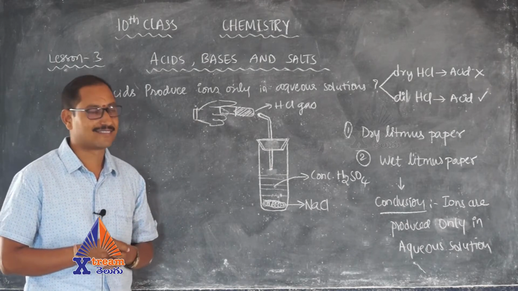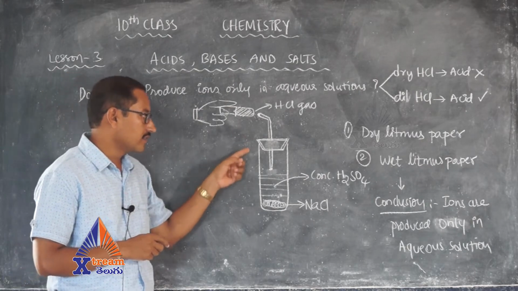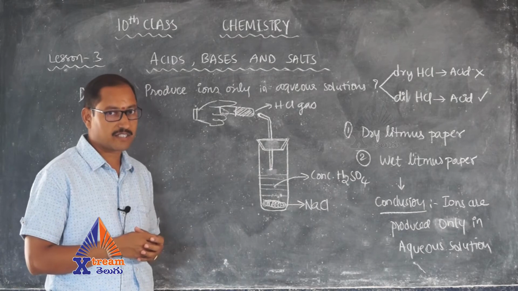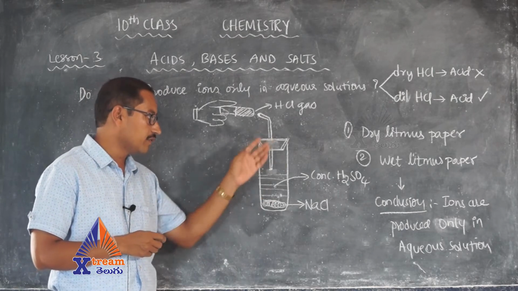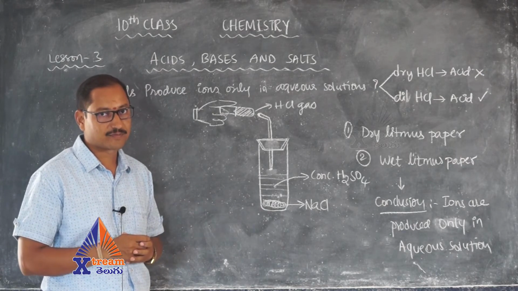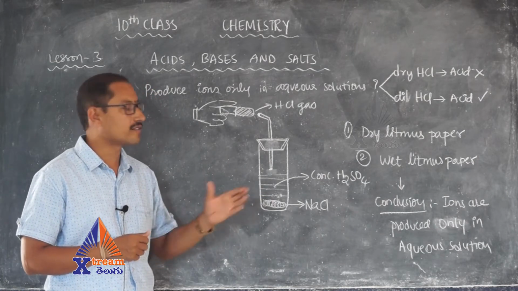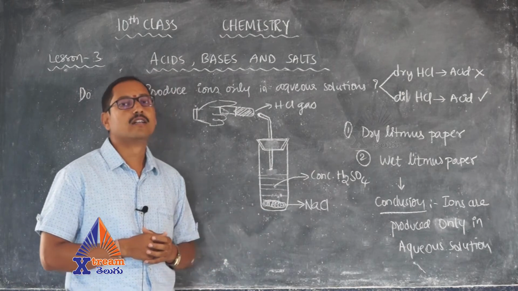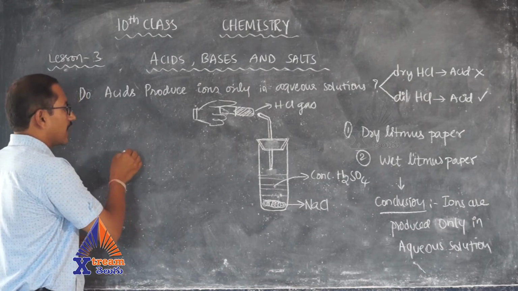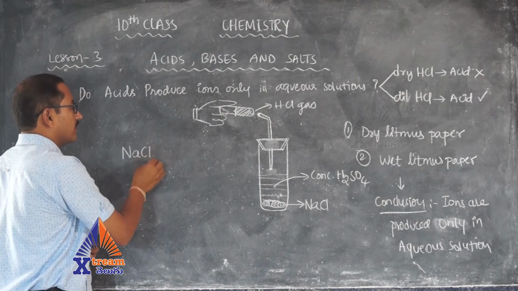Let us try to understand. Here we have taken a test tube to conduct this activity. In this test tube, we have taken some NaCl, that is sodium chloride, your common salt, and into this test tube we have added some concentrated H2SO4, that is sulfuric acid. Now let us try to understand the reaction that will take place in this test tube. NaCl plus